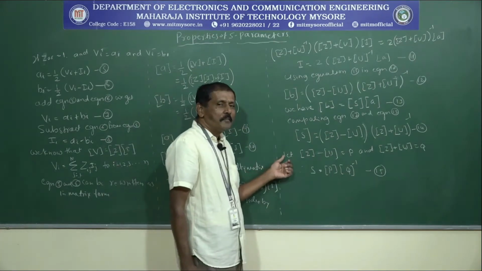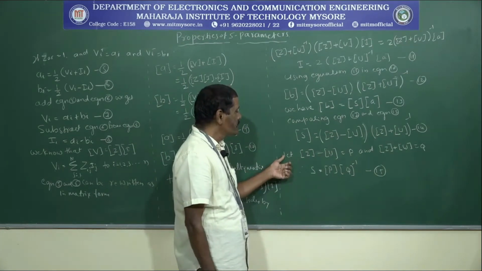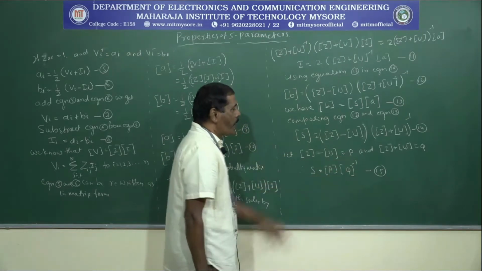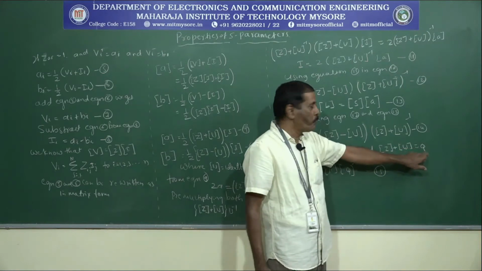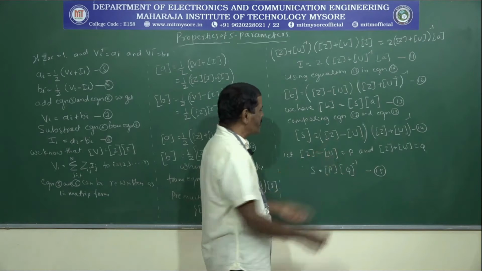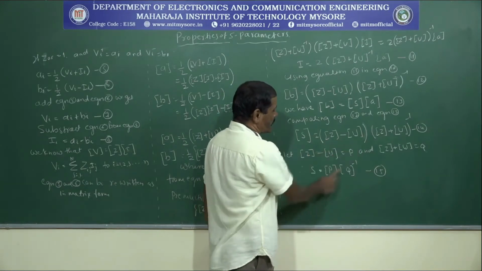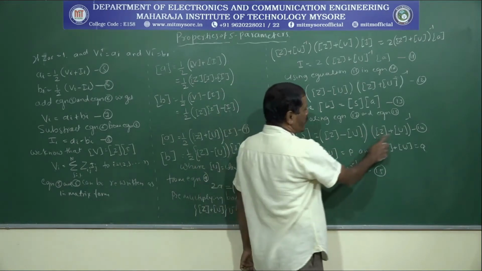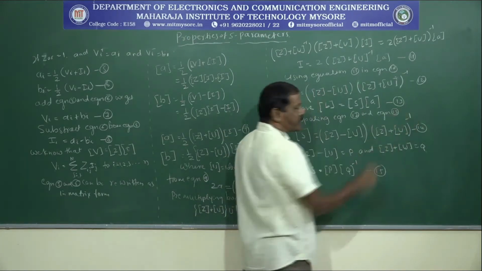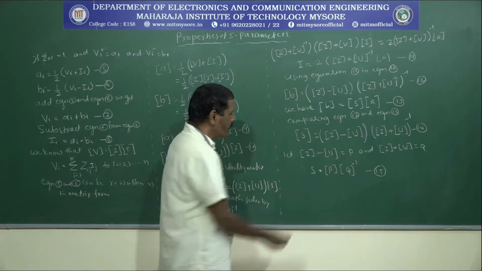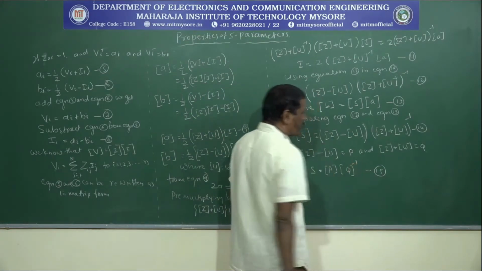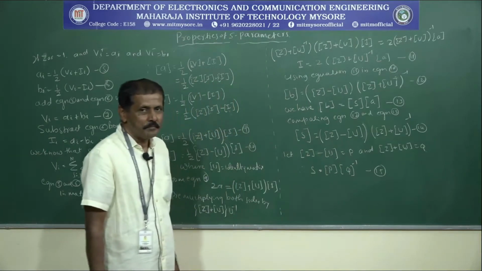For simplification, let us call Z minus U as P and Z plus U as Q. If you represent it like this, then Z minus U can be replaced by P, and Z plus U can be replaced by Q, where the inverse is there. Then S is equal to P into Q raised to minus 1. Call it equation number 15.